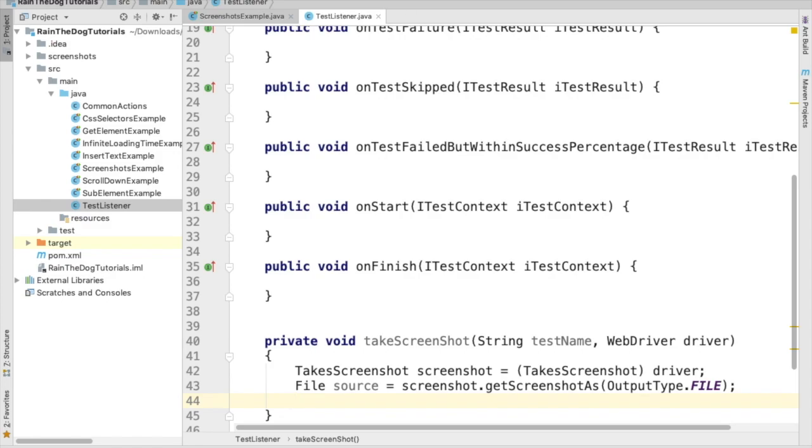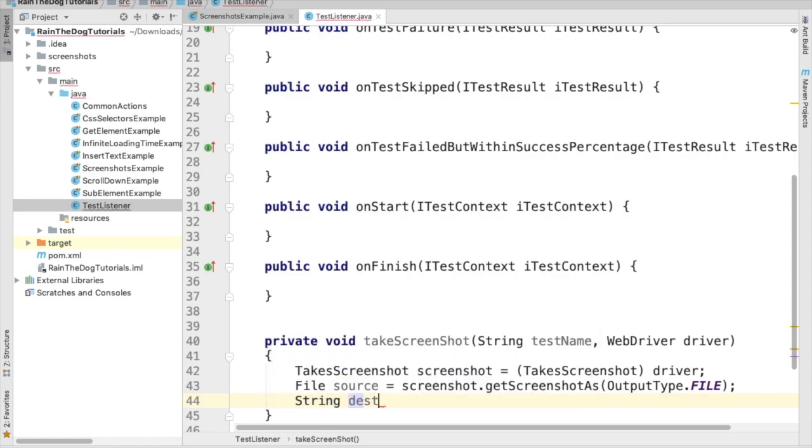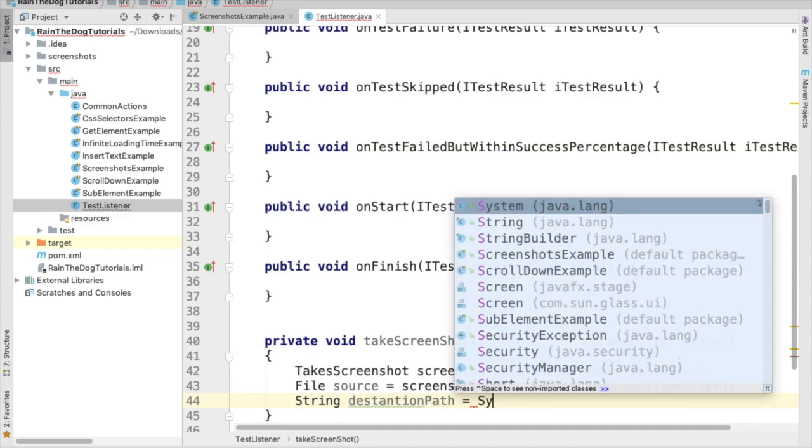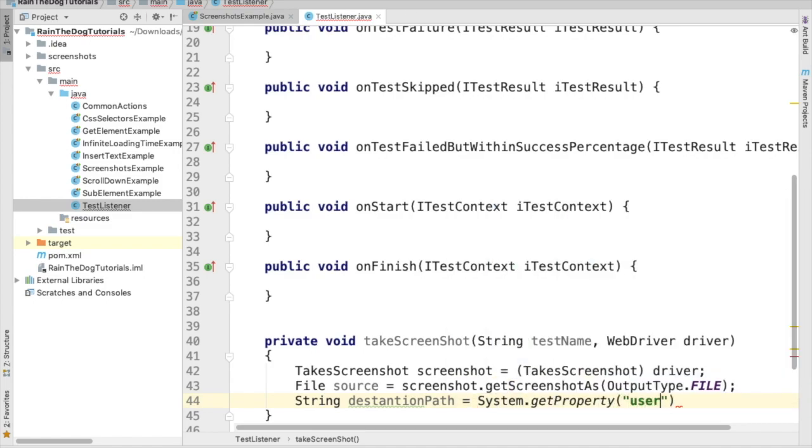For now, we can say that we have a path. So we'll get the user dir plus, let's say we want to call our folder screenshots,